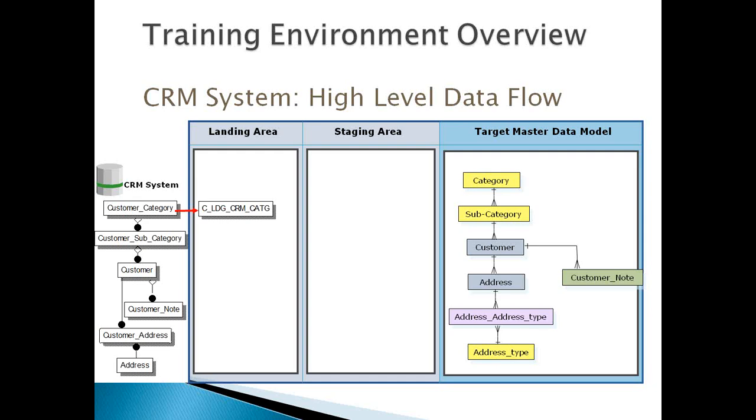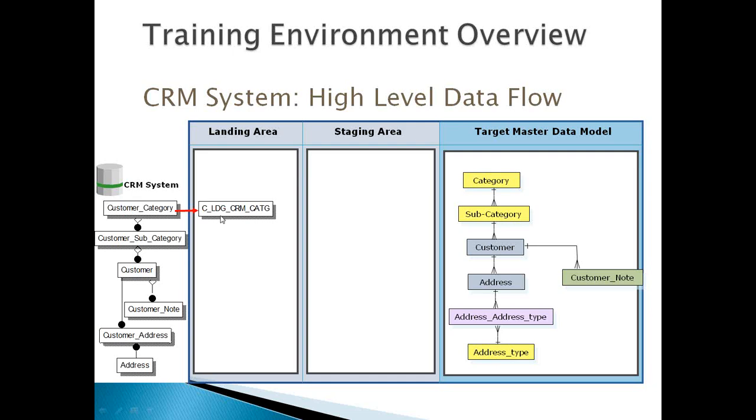So here, the landing table first. In MDM, basically all the tables start with C underscore. That's the general convention they have used, that any table we create will start with C underscore. It's not a fixed thing. Whenever we create a table from the MDM side, we can change it also. We can remove C and just put customer instead of C underscore customer. But we leave that as it is, so that all the tables have similar conventions, because even the repository tables that we have also start with C underscore.